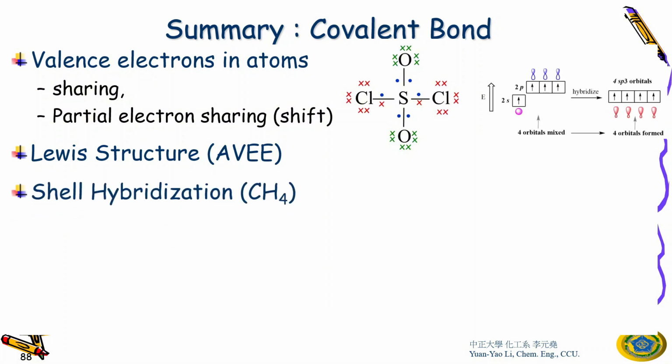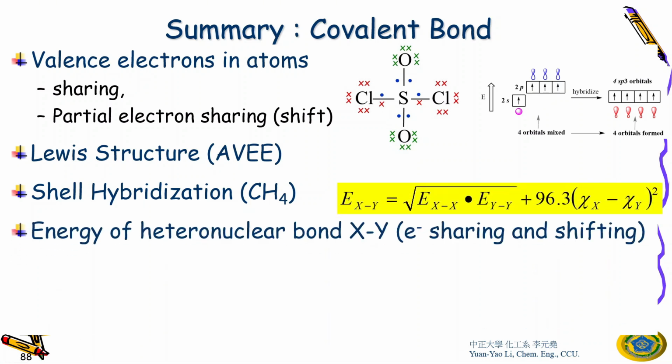And then we also learned shell hybridization. For example, like CH4. Carbon has 2s2, 2p2, right? And in order to have chemical bonds with hydrogens, you need to hybridize the s orbital and p orbitals and become sp3 orbitals. So this is called shell hybridization. And also we learned the energy of the